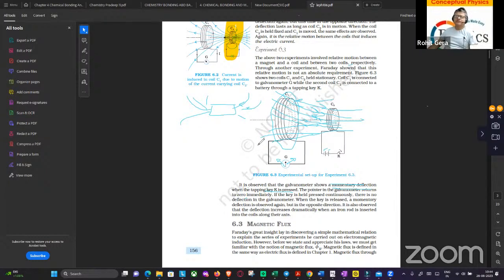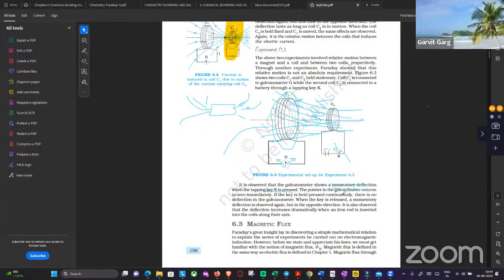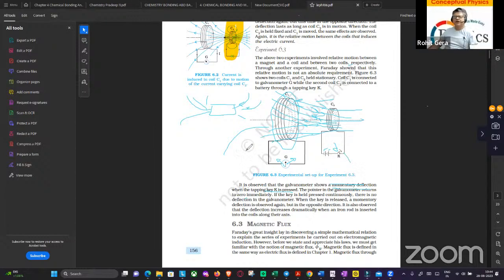and you can have both the conditions also. You can have the tapping of the key and you can also have a relative motion, तो और EMF मिल जाएगा because more variation in dφ/dt will be there. हिला भी रहे हो और dφ/dt जो है key से भी कर रहे हो, दोनों को combine कर लो, you can have two ways working simultaneously to produce EMF. Obviously you will get more EMF because now you are using manual work to produce relative motion and you are using battery also to, sorry, battery तो रहेगी हमेशा ही, but you are also doing on and off of the battery,